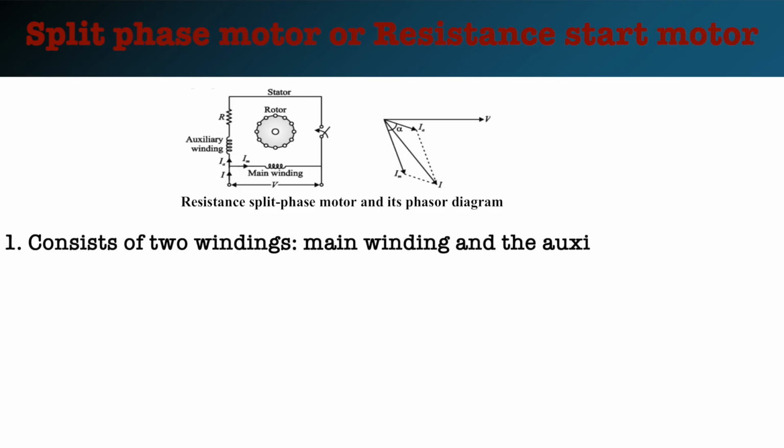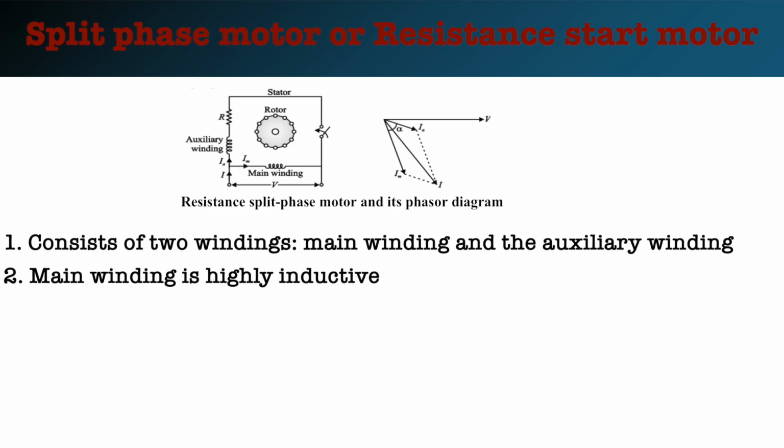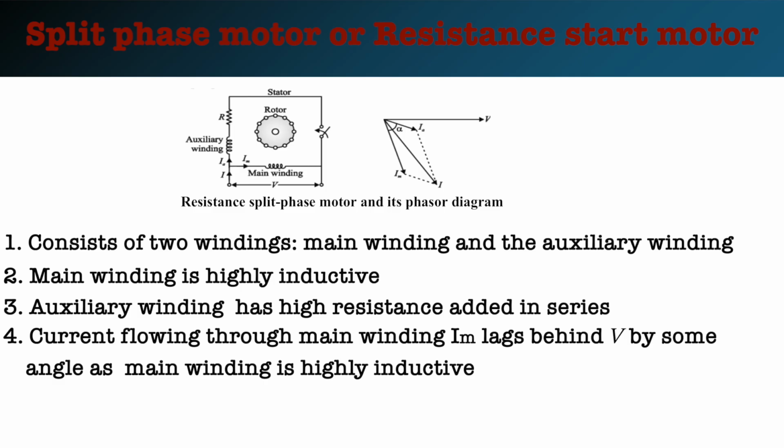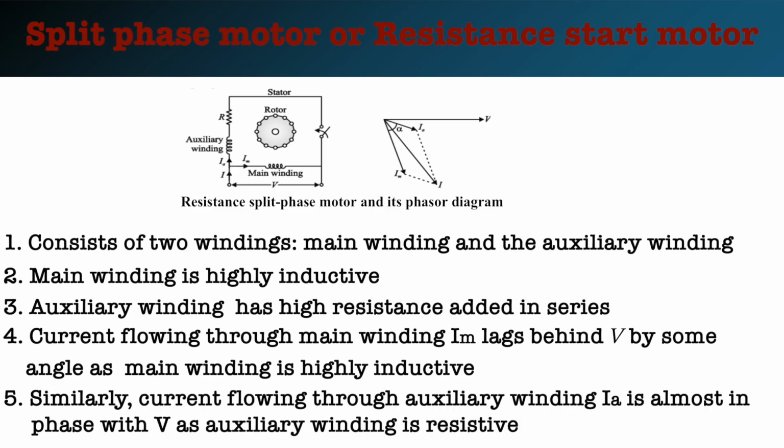This motor consists of two windings, namely the main winding and the auxiliary winding. The main winding is highly inductive in nature and the auxiliary winding has high resistance which is added in series, as you can see. The current flowing through the main winding is Im, which lags behind the voltage V by some angle, as you can see from the phasor diagram, because the main winding is highly inductive in nature. Similarly, the current flowing through the auxiliary winding, taken as Ia, is almost in phase with the voltage V, as you can see from the phasor,